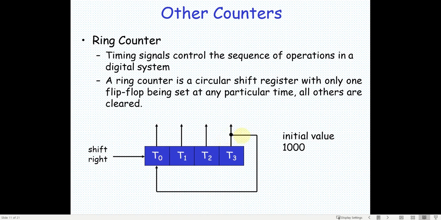It is a shift register where we have fed back T3 to T0, so it will keep shifting towards the right. You will find it goes high here, in the next cycle it goes high here, the next cycle here, and then it goes high here. These kinds of signals are very important in digital applications, in microprocessors, and also for control of stepper motors. I'll discuss some examples in the next class where we see the applications of counters.